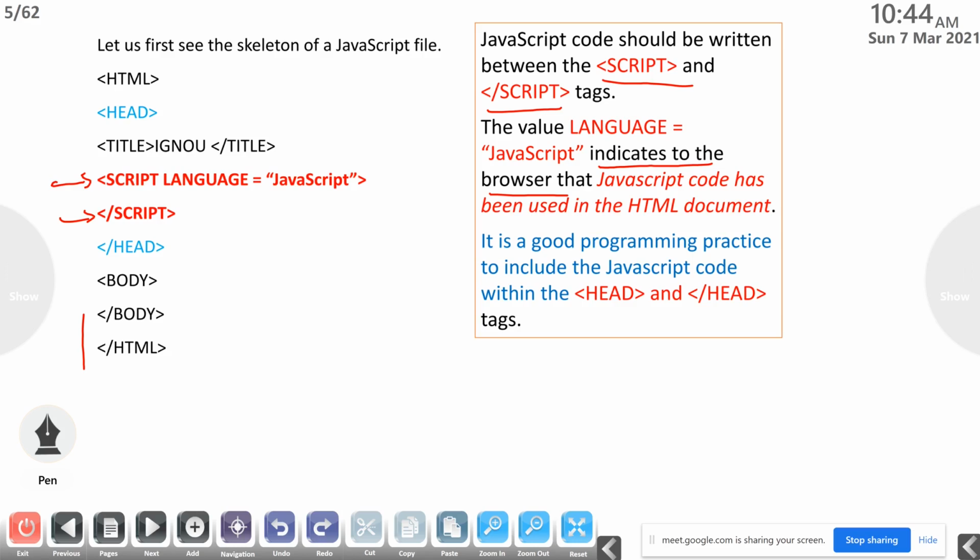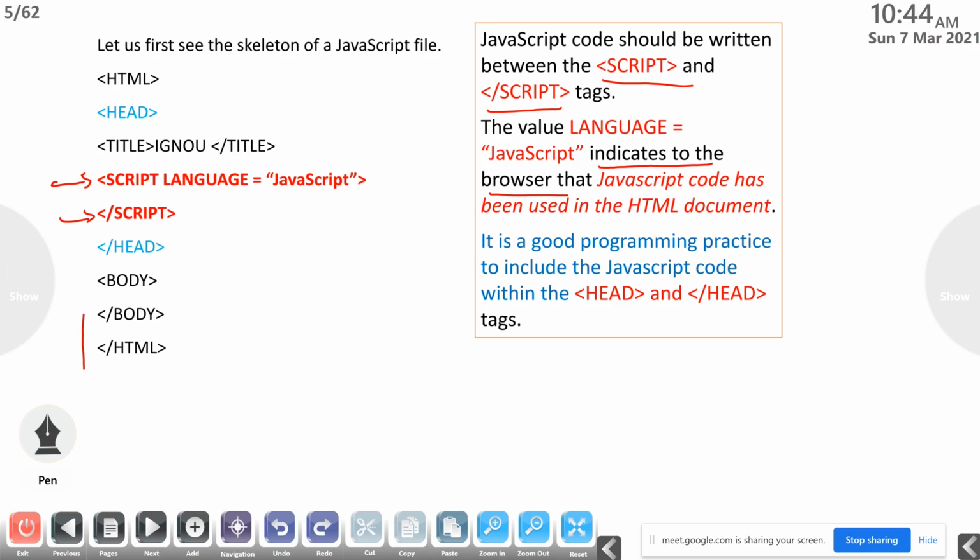If we are using JavaScript in an HTML document, it is not compulsory that all HTML code should have JavaScript. So if you are using JavaScript in an HTML document, you have to specify that in the opening tag: script language equal to JavaScript. It tells the browser that JavaScript code has been used in the HTML document.